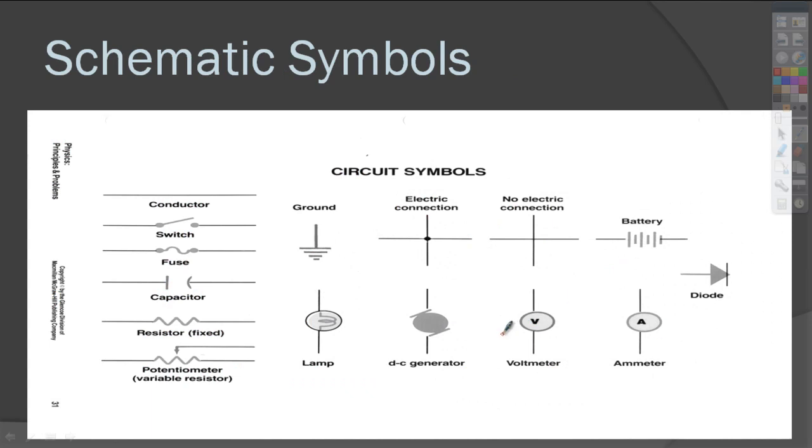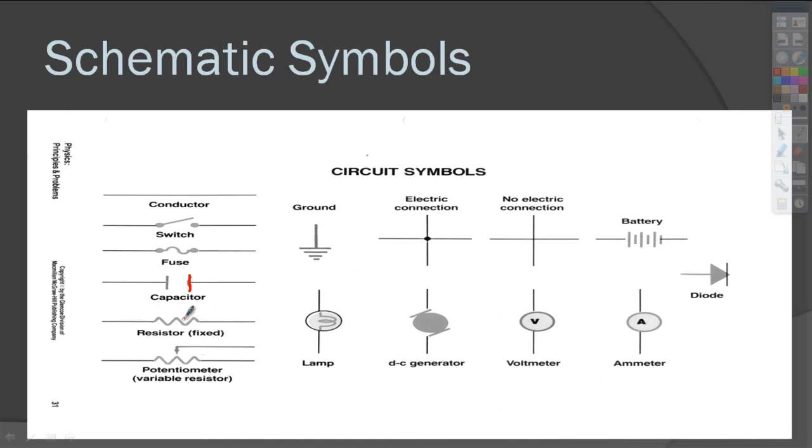So here are some basic symbols for when we're doing schematics. Conductor is just the wire, we draw it straight. Switch, we draw like this, that way you can close the switch to complete the loop. Fuses get a nice wavy line. Capacitor, I think in your book it might use just a straight line here, so two straight lines of equal